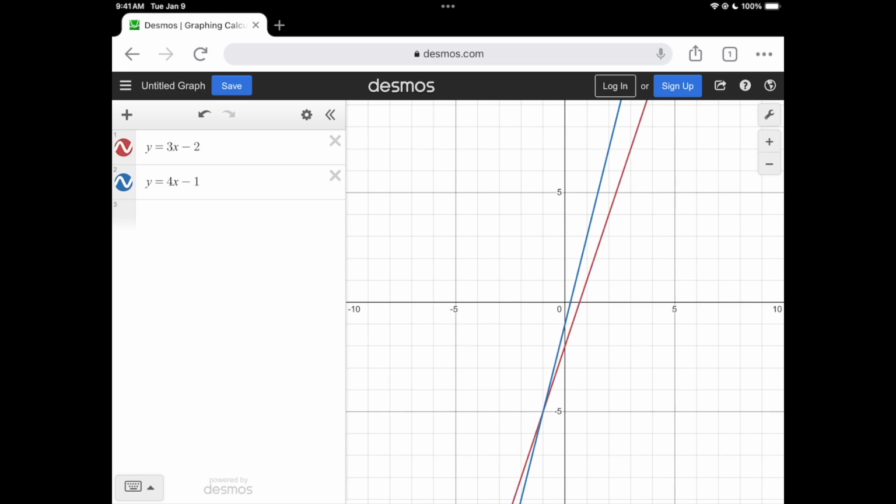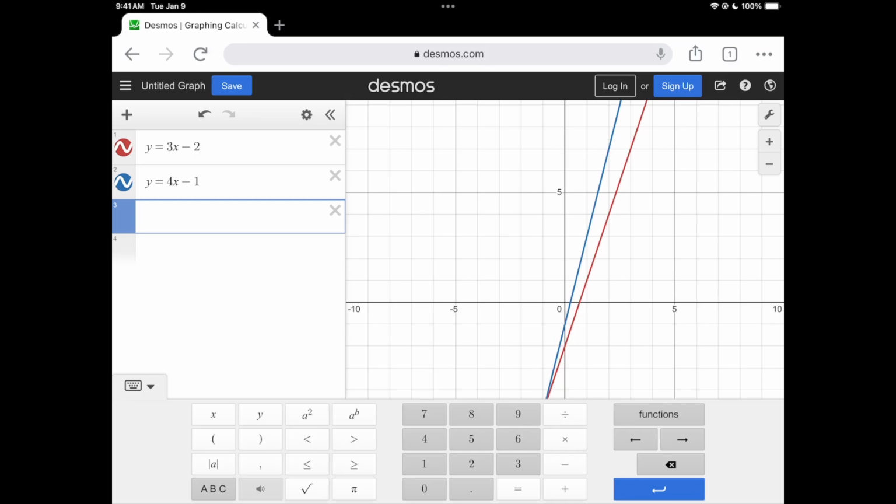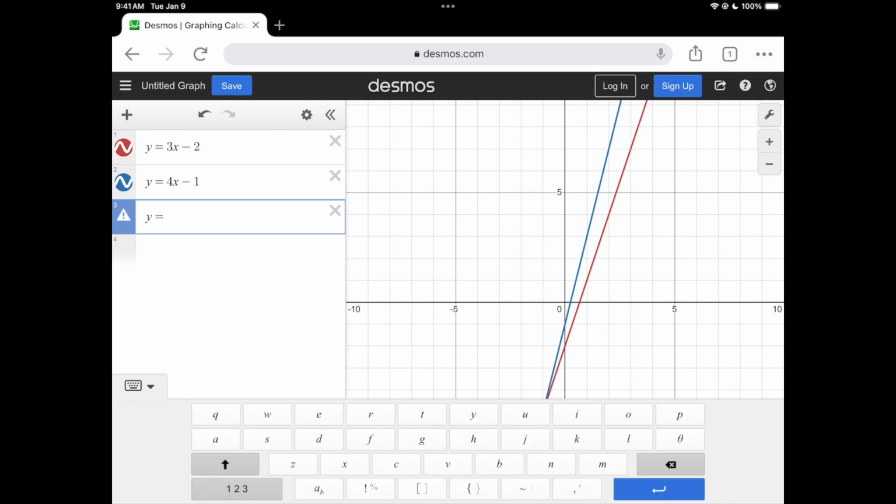And so it helps us maybe have multiple equations but not see them all at the same time. Another useful thing that Desmos can do is it can graph equations for us that have letters instead of numbers in some places, so parameters. If you're thinking, for example, of slope-intercept form, y equals mx plus b, which you would have covered in grade 10, if I type in y equals mx plus b,